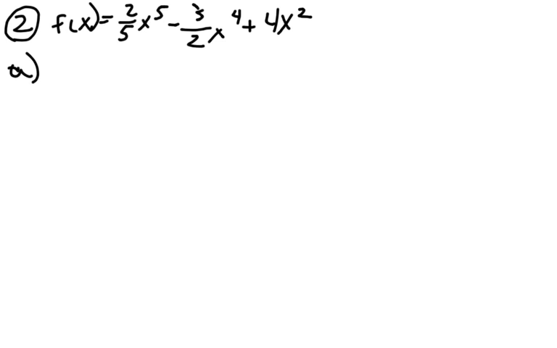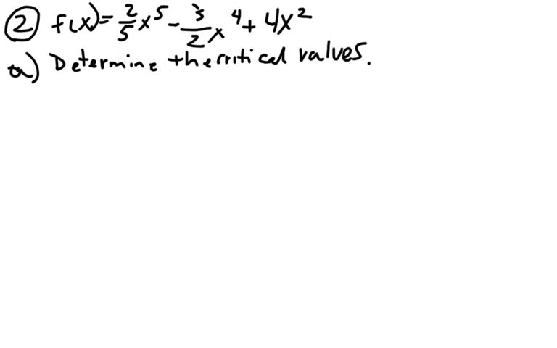Problem A, determine the critical values. Okay, so like we did before, we're going to figure out what that first derivative is. Power rule, 5 times 2/5 is going to give me 2, subtract 1 from the power, that's going to be